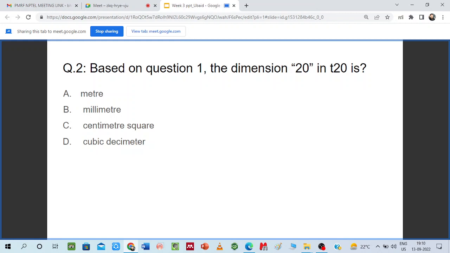Second question, based on question 1, the dimension 20 into 20 is a meter, millimeter, centimeter square, cubic, decimeter. As I already told you in the previous question, it is the centimeter square. As most of the flasks, their area is in the range of centimeters, so the dimensions are kept in centimeter square. What centimeter square means is that